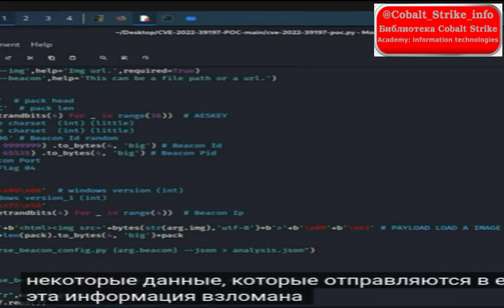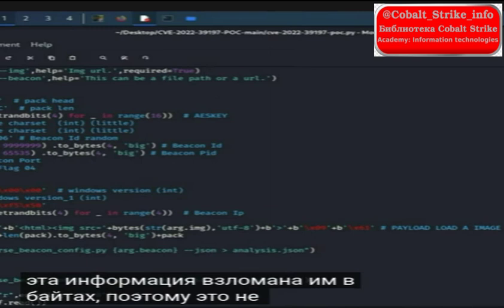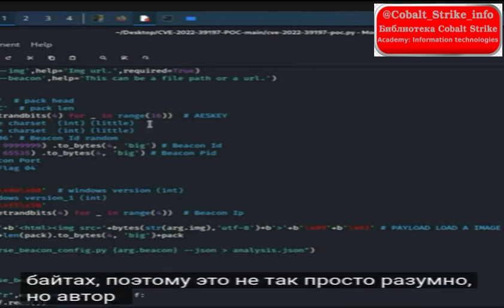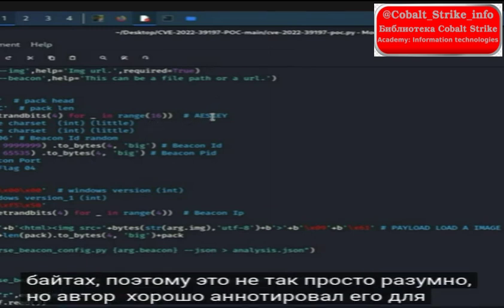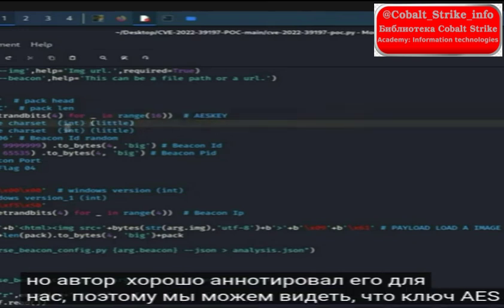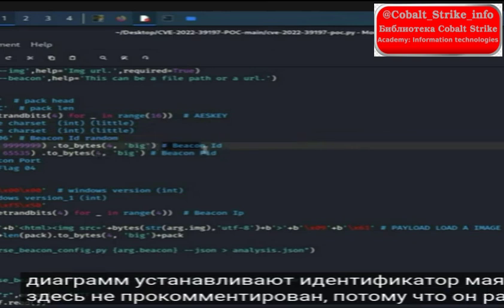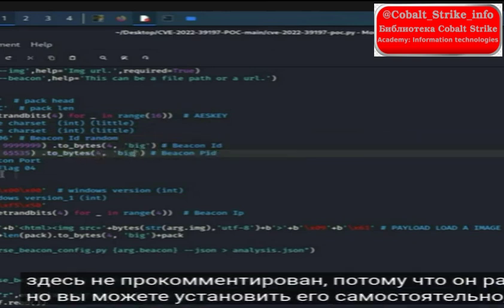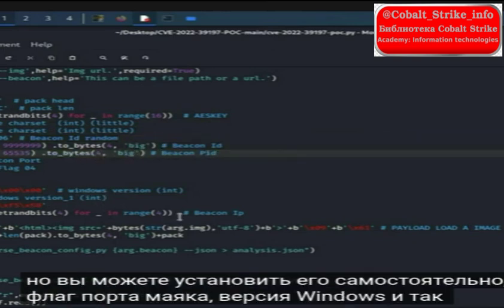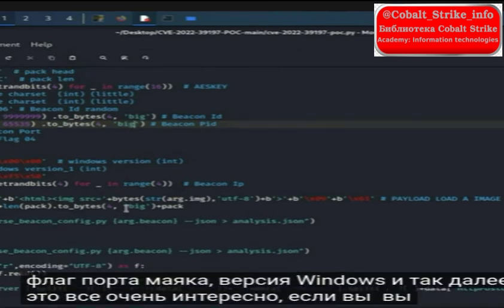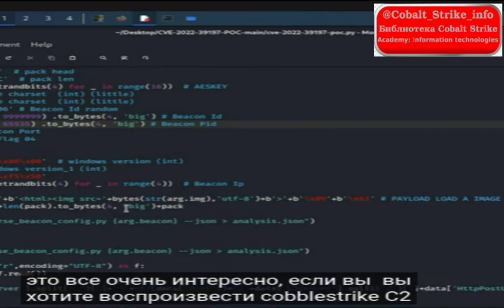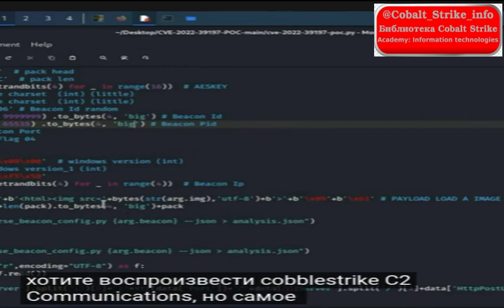This information is packed and within bytes, so it's not easily readable, but the author has nicely annotated it for us. So we can see the AES key, some of the char sets, the beacon ID, which is uncommented here because it's randomized, but you can set that yourself, the beacon port, flag, Windows version, and so on. This is all very interesting if you're looking to replicate Cobalt Strike C2 communications, but what's most important here is